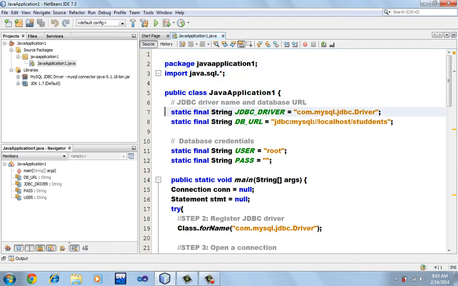It's very important to import this package, java.sql.*, and within this class, JavaApplication1, I have declared two string variables. The value of the first string variable is for the JDBC driver, com.mysql.jdbc.Driver, and then db_url is the name of the other string variable. It contains jdbc:mysql://localhost/students. Now this is the name of the database that we are going to use. This is the database that we have created in MySQL,